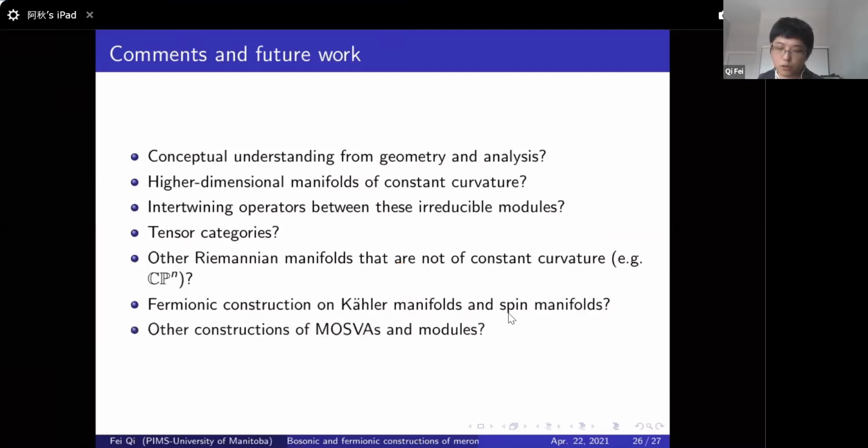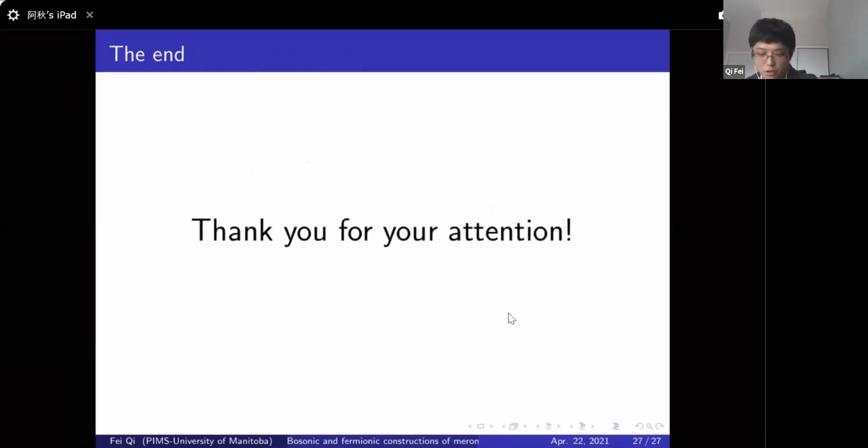Another necessary question: aside from the construction we just described above, are there any other constructions of modules? So those are all the possible things to work on. Okay, so I should turn